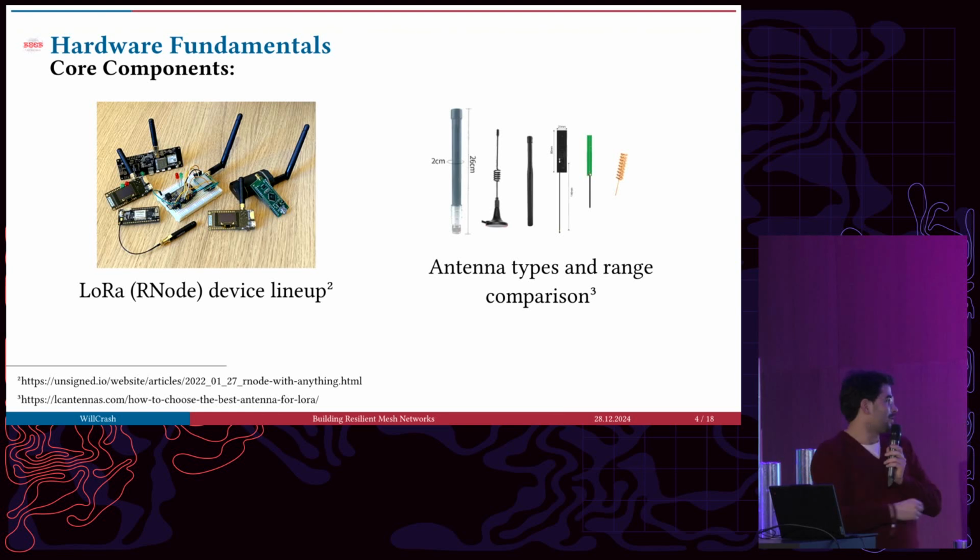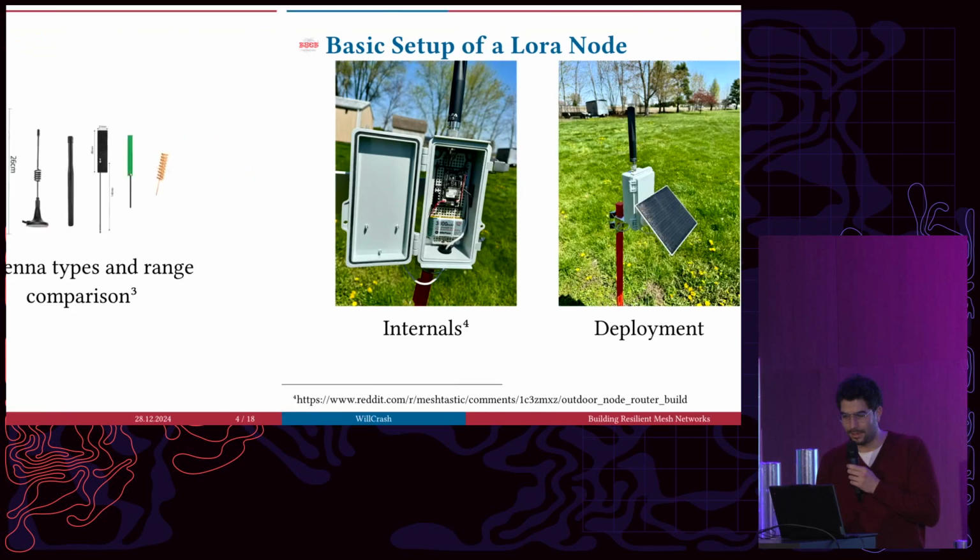Then there are different types of antennas. I don't have time now to explain exactly which antennas do what, but the basic rule is: don't try to save on an antenna, you will regret it. And these types of antenna work best. There are also directional antennas, but omnidirectional ones point in every direction, and it's much easier if you can just have a signal in every direction.